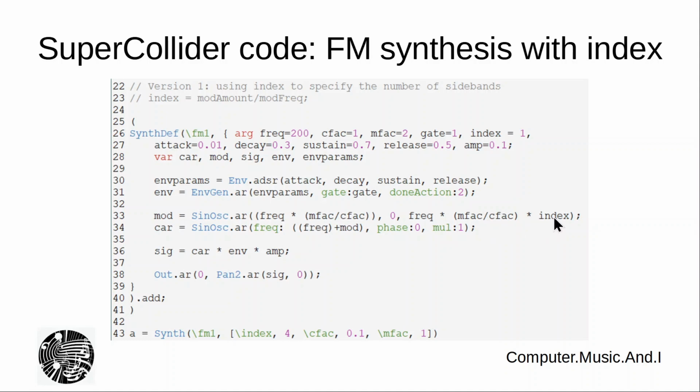So in other words, the amount of sidebands is simply controlled by the index. All right. The rest stays the same, so we're just using the index here. So that's the synthesizer that allows us to use the index as a number of complexity. And down here we instantiate one of the versions. Now, in order to check that out,